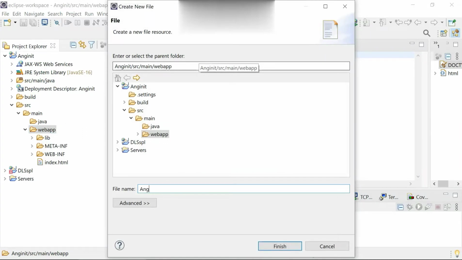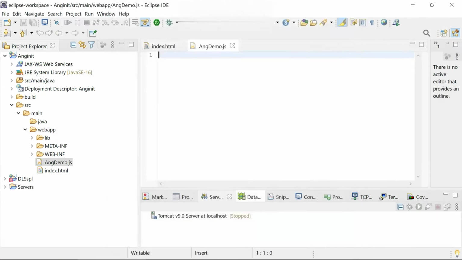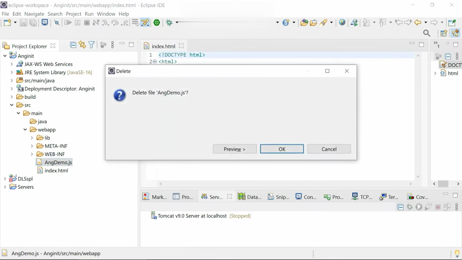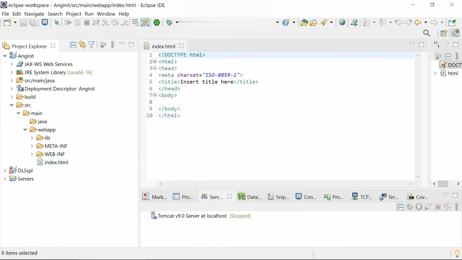Let me name it demo.js. All right, so I click on Finish. We don't need to create this, so let me delete it, because we can use the default Angular module. So I have just created the index.html.